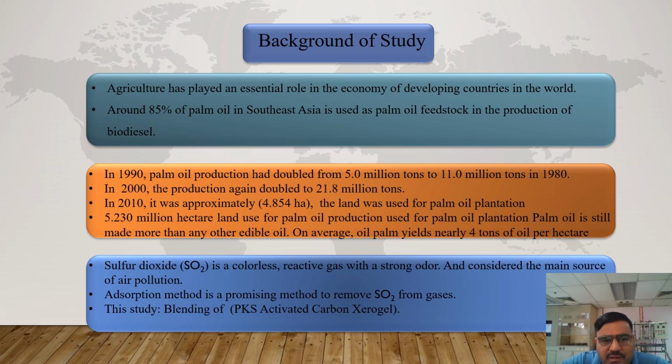The background of this study: agriculture has played an essential role in the economy of developing countries in the world. Around 85% of palm oil in Southeast Asia is used as a feedstock in the production of biodiesel. In 1990, palm oil production doubled from 5 million tons to 11 million tons in 1980. In 2000, the production again doubled to 81.8 million tons. In 2010, it was approximately